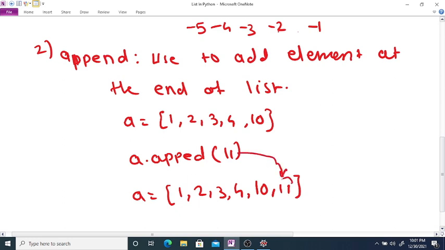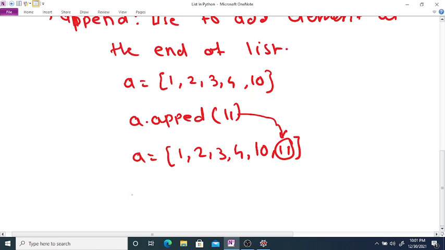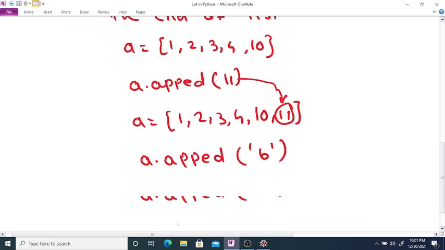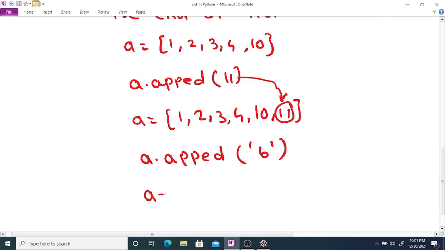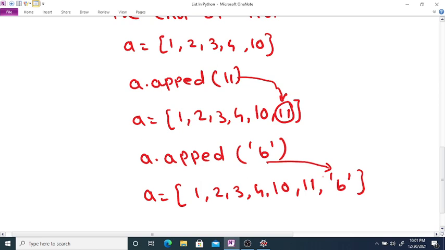So here you can add elements. Also you can write a.append and add one more element, say b, then your new list will be 1, 2, 3, 4, 10, 11 and then b. So this element is added at the end of the list.